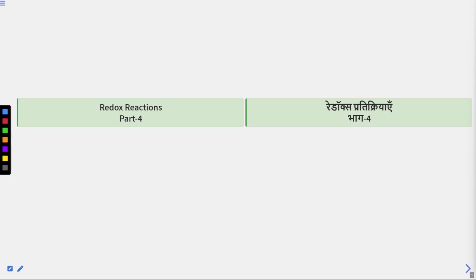Hello everyone. Today we are going to see some practice questions from the topic redox reactions, and this is part